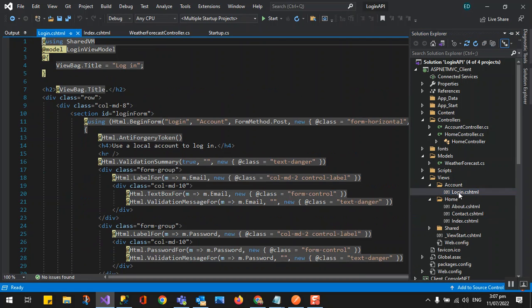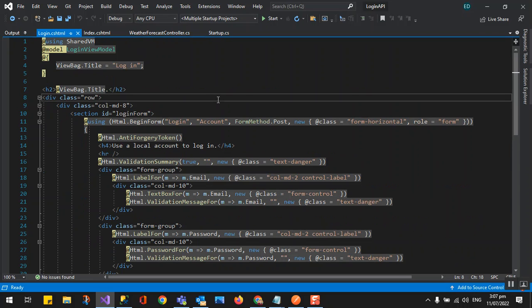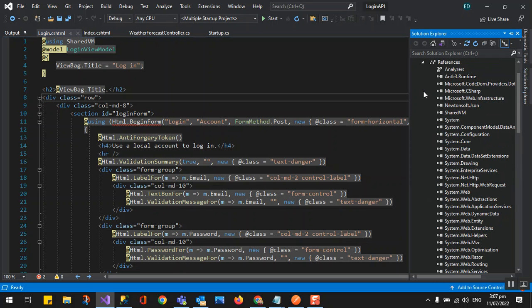This is the login form. In the login view model we have those properties, a data transfer object, DTO, in our shared VM. We just reference the shared VM where that login view model is created.